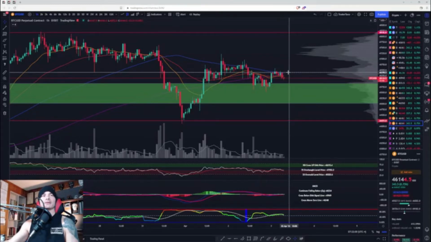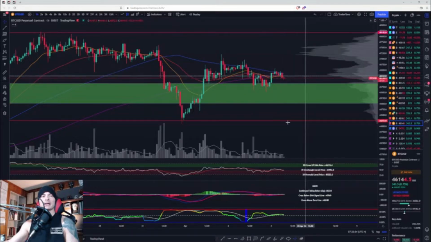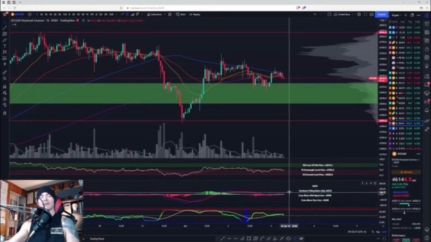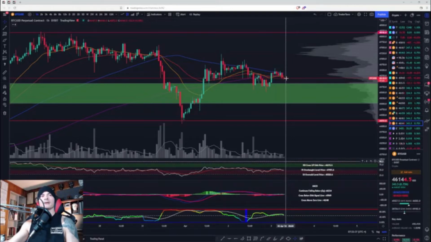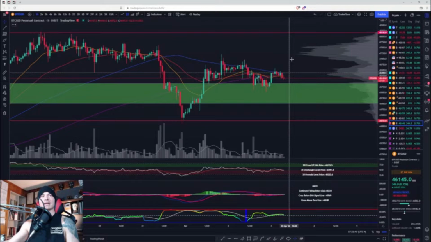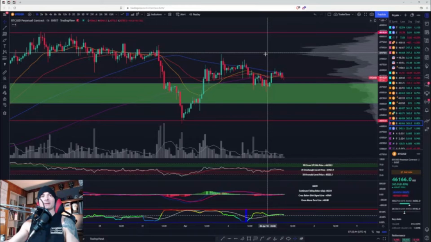Validation of the upside would be to make a higher high on this last level. We did make a lower high. We don't want this to turn out to be a lower low, okay? We want to get back above these moving averages, have them fan out. That would be a bullish sign. Also, if the MACD tests the signal line and gets above the zero line, the RSI gets above the signal line and doesn't retest it, volatility turns up, and we get back above these moving averages, I could see us making a higher high than this. 100%. Well, in my opinion.